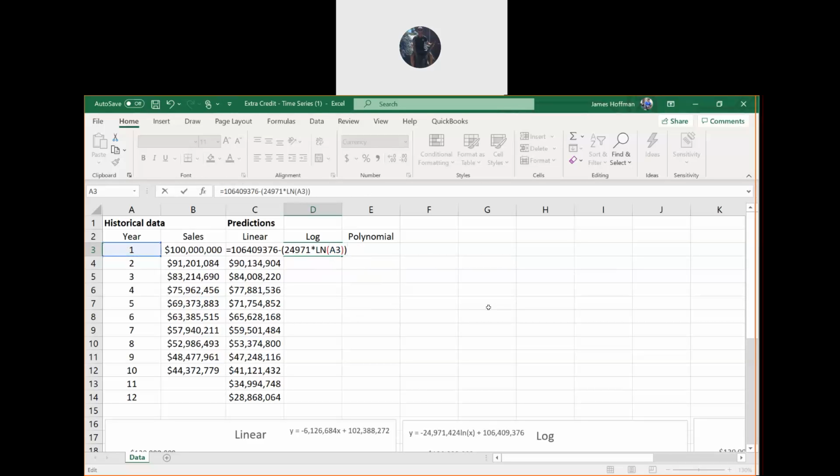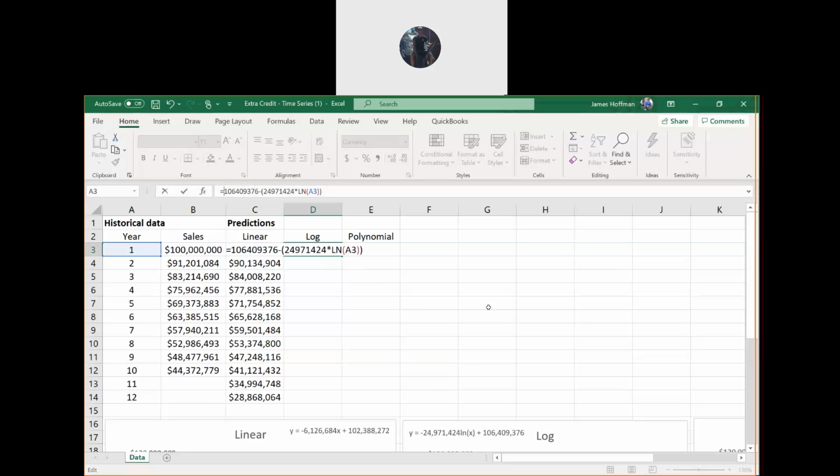All right, so using the natural log function, that is our equation. It is equals 106,409,376 minus, in parentheses, 24,97143. Oh, I missed something. All right, let's do that again.